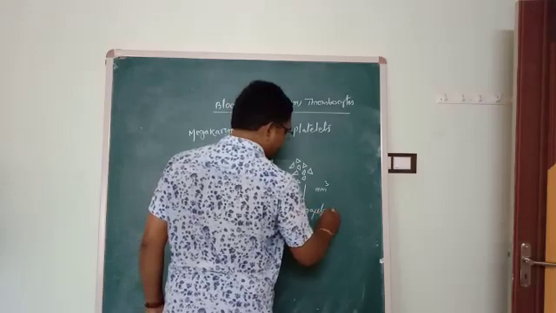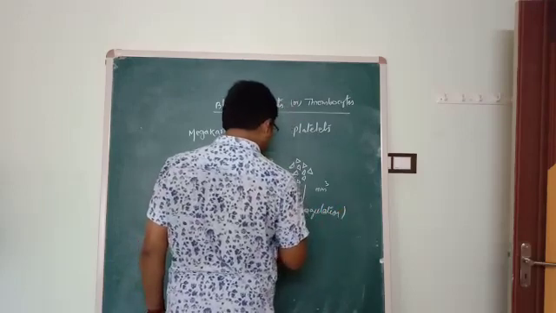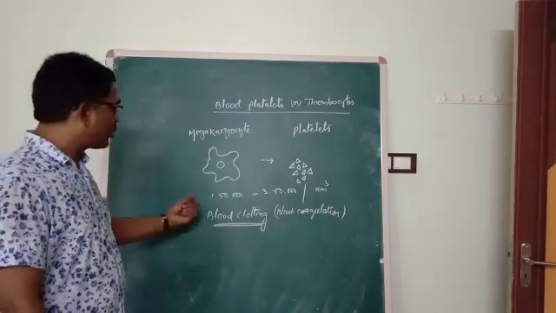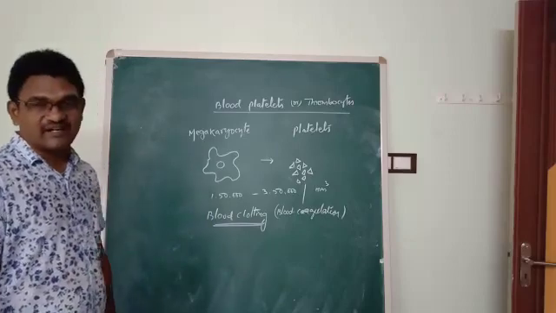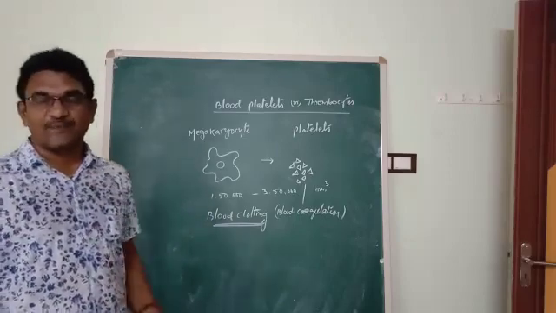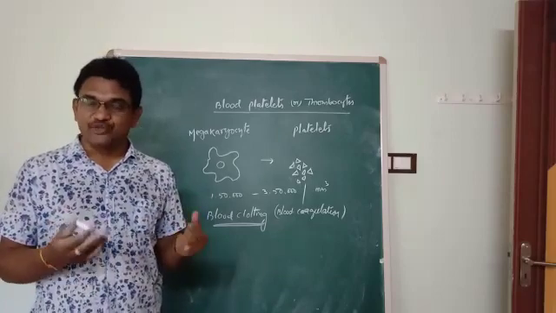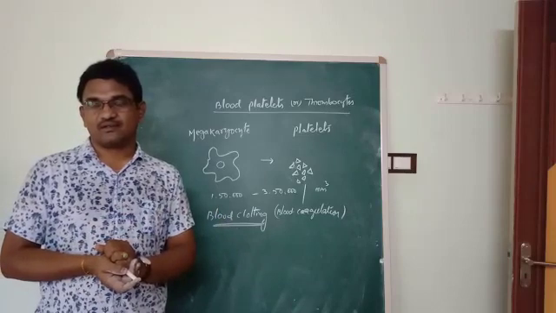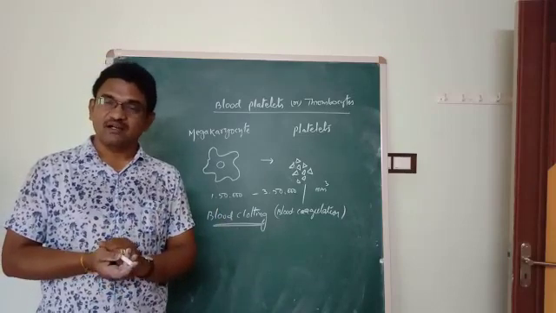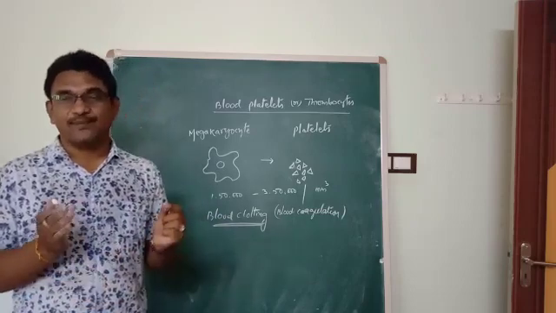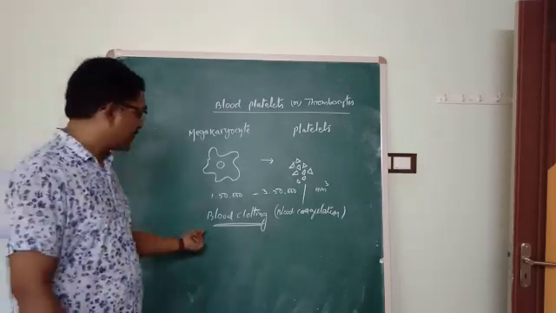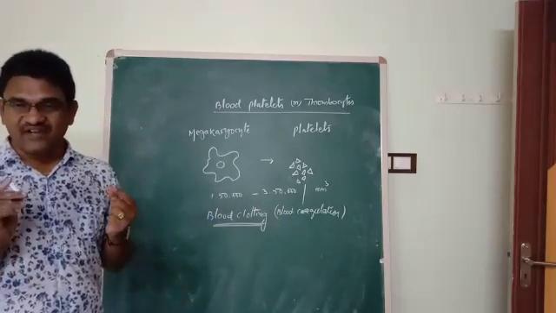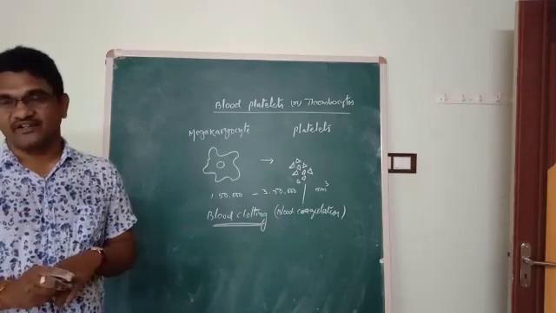Blood coagulation. So what are the blood cells or fragments of cells that play a role in blood clotting? They are platelets, also called thrombocytes. Thrombocytes rupture when the blood vessel is injured and release a substance, thromboplastin. That thromboplastin plays a significant role in the process of blood clotting. Means platelets are very essential cell fragments for the purpose of blood clotting.